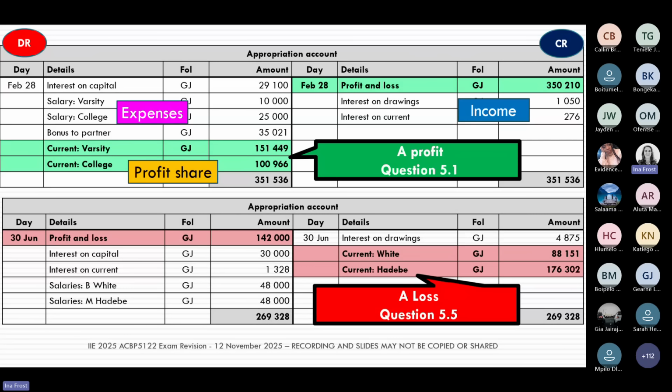Okay, thank you. So remember the replacement reserve is money that we want to keep in the partnership. So we put it on the debit side to subtract it from the money that is available to be shared amongst the partners. If we put it on the credit side, then we actually mean that there is more money to be shared amongst the partners. And the whole purpose of the reserve is to keep back and not share all of the money with the partnership. So that's why it goes here on the debit side, because we subtract it from the credit amounts before we start calculating the profit share between the different partners.